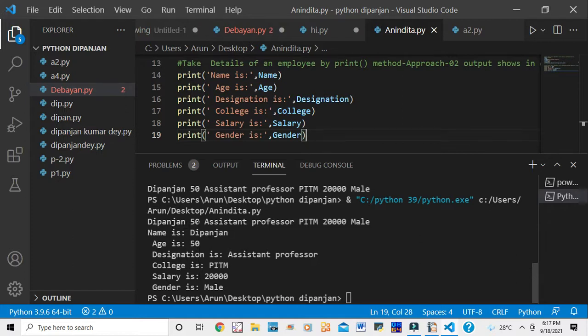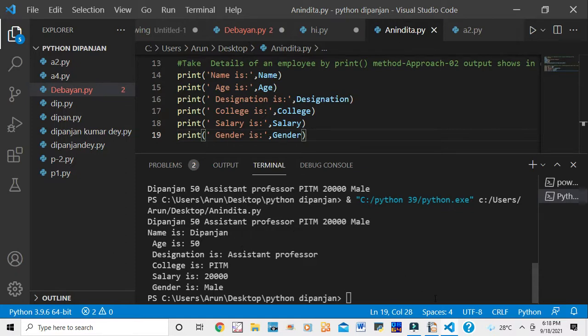Name is Deepanjan, age is 50, designation is assistant professor, college is PITM, salary is 20,000, gender is male. So I have run this program very nicely. I think everybody understood very nicely.